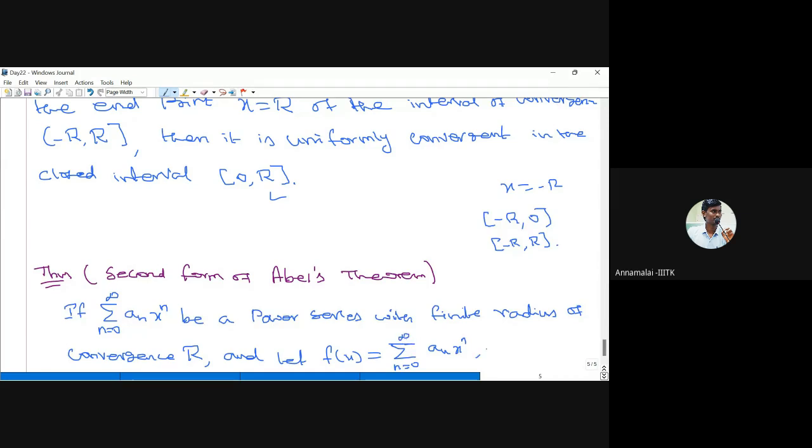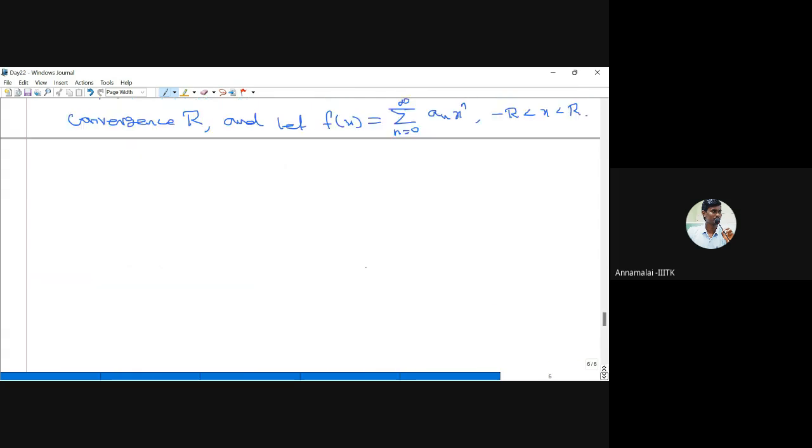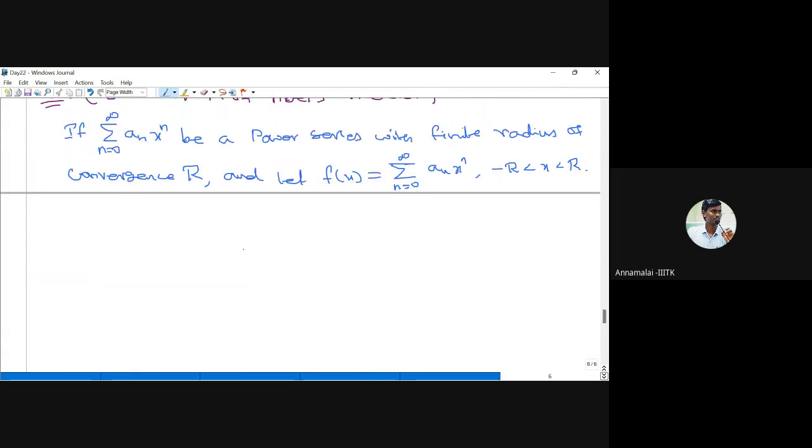Here x lies in this interval. This f is defined only on this bounded open interval minus R to plus R, not on the entire real line. Then suppose the series summation a_n R power n, obtained by substituting x equal to R, converges, then